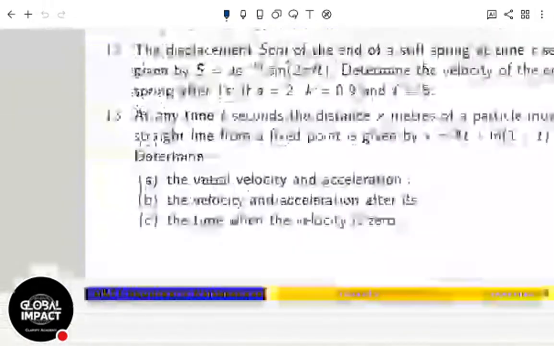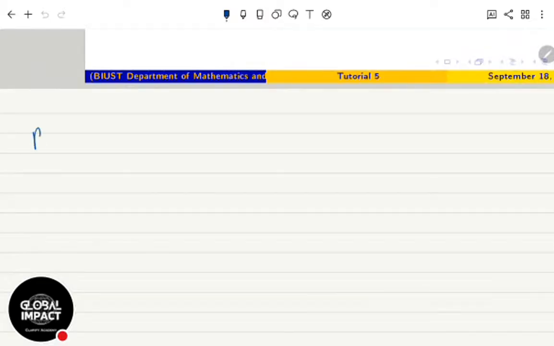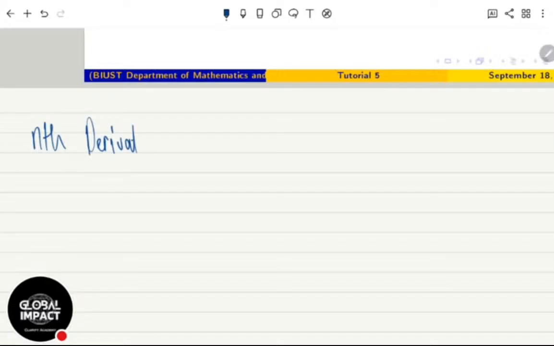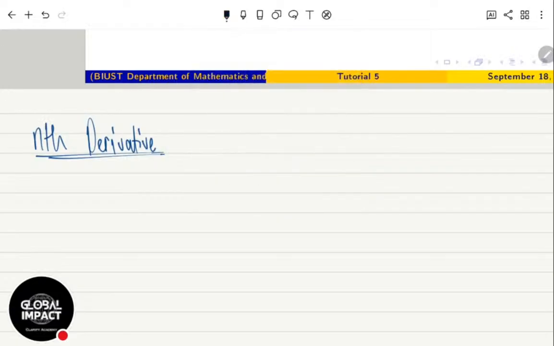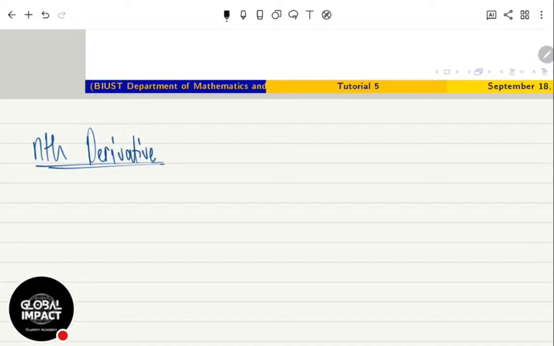Let's go through this. Let's talk about the nth derivative, okay? We start with the idea of nth derivative and we want to answer the questions that are given below. The first thing is that when you're dealing with the nth derivative, we want to master nth derivative, Leibniz, and then the mean value theorem, and see what it is that these questions want you to do.